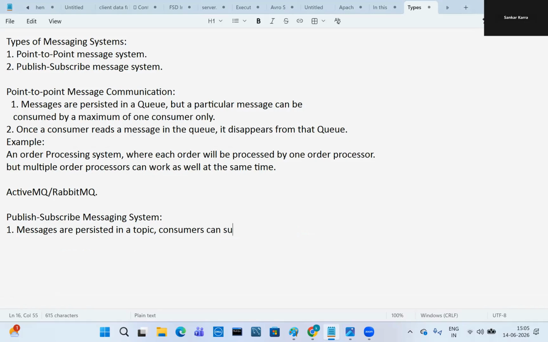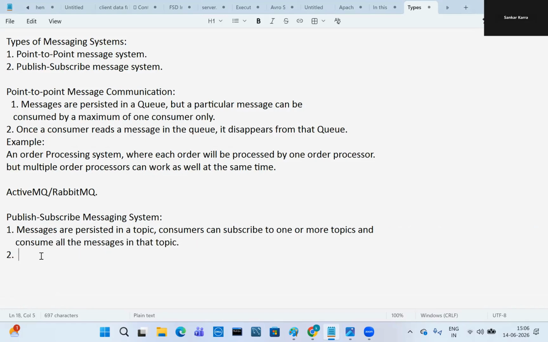Consumers can subscribe to one or more topics and consume all the messages in that topic, right?